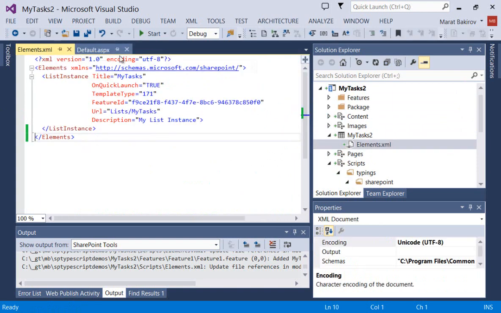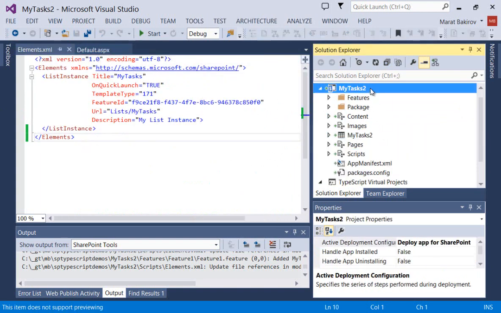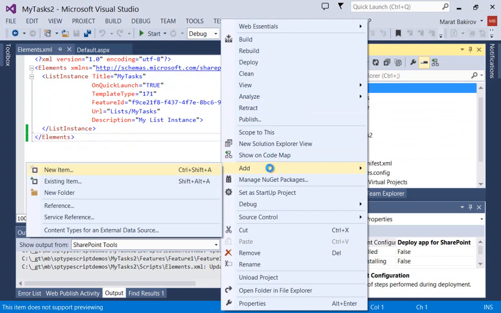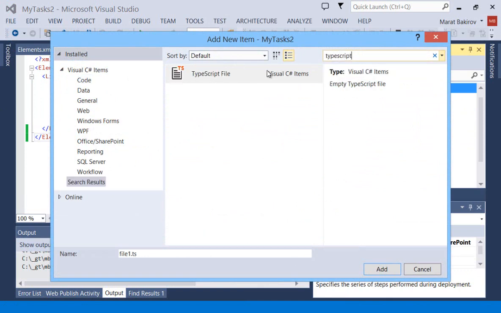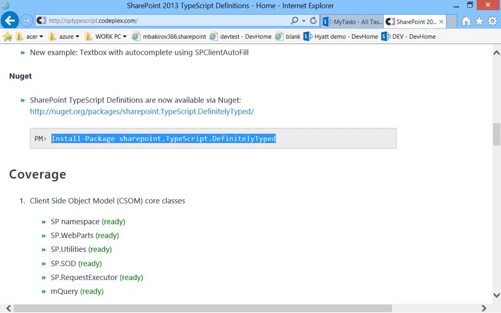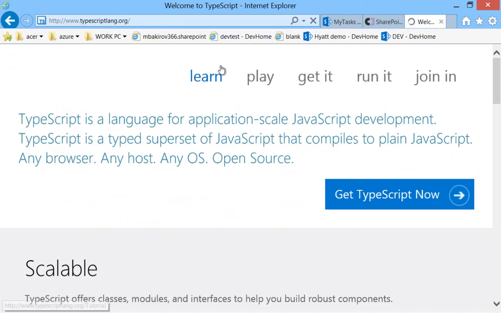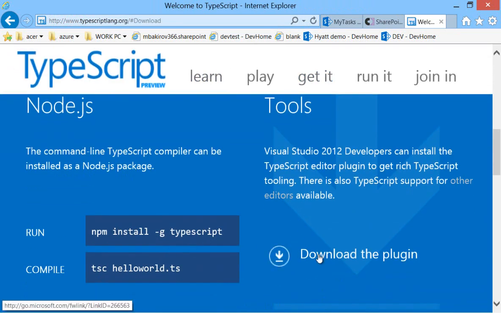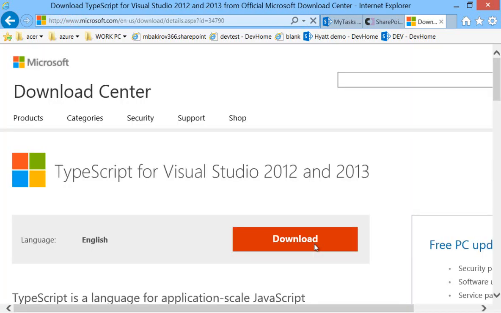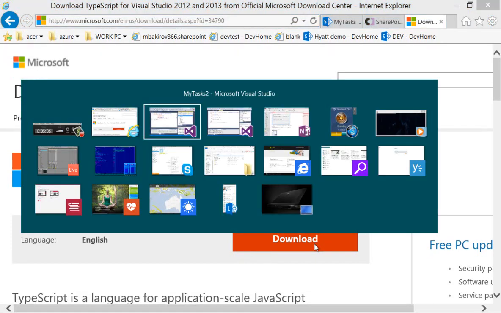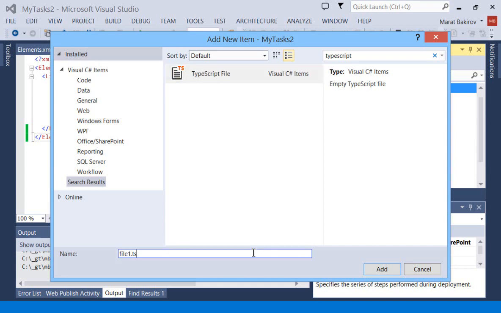Cool. Now let's add a script. This will be a TypeScript file. And by the way, of course, I've skipped this step, but to use TypeScript in Visual Studio, you need to go to typescriptlang.org, press get it, download the plugin, and basically download and install the plugin from MSDN. I've already done that. So I suppose that you have TypeScript, and my goal is just to show how to use SharePoint specifics. So this will be my tasks TS,